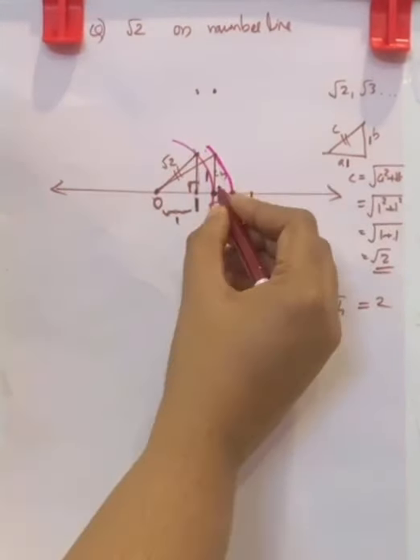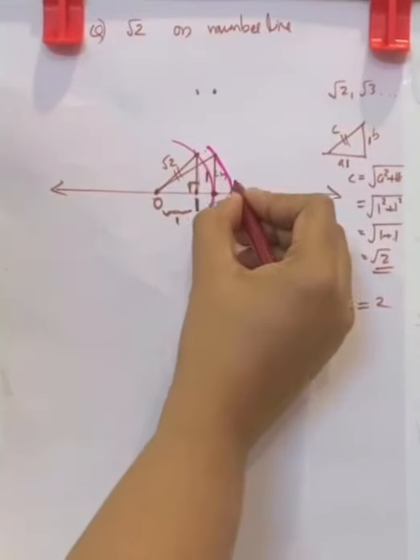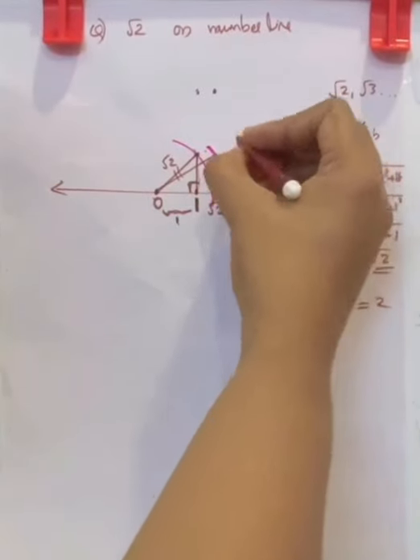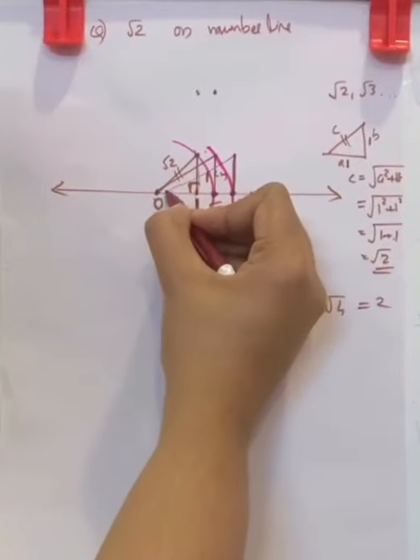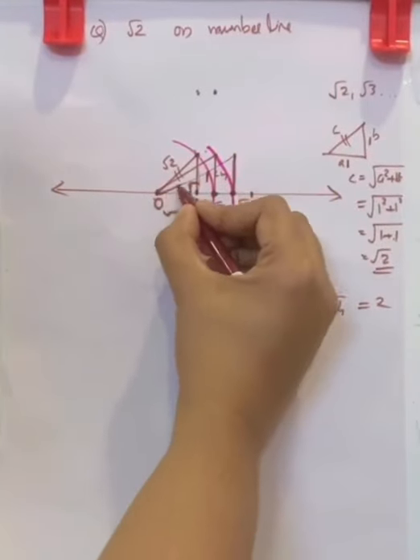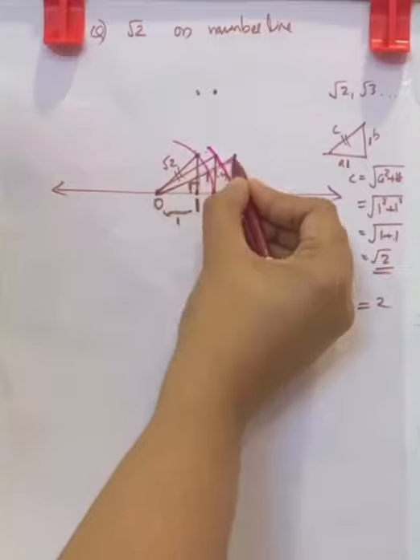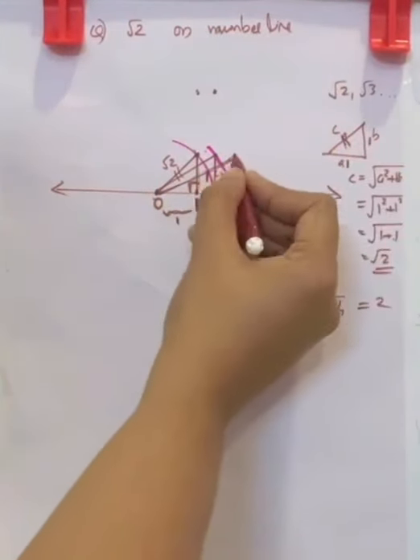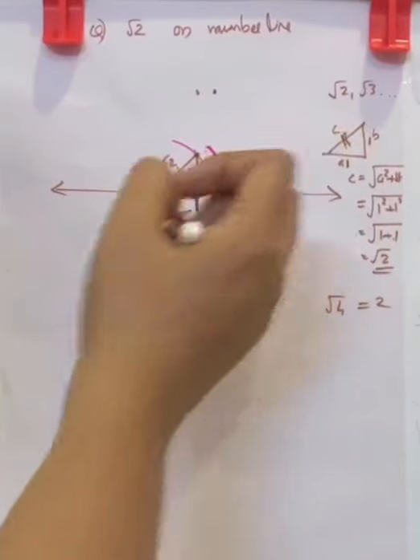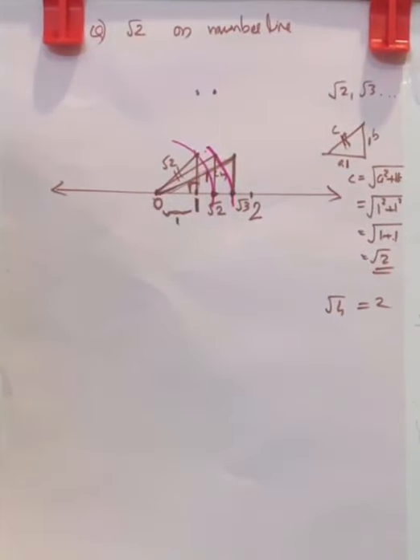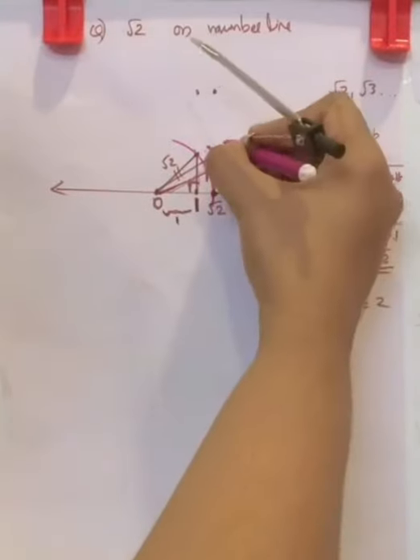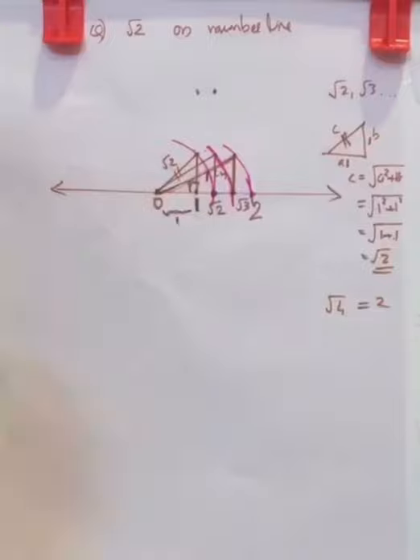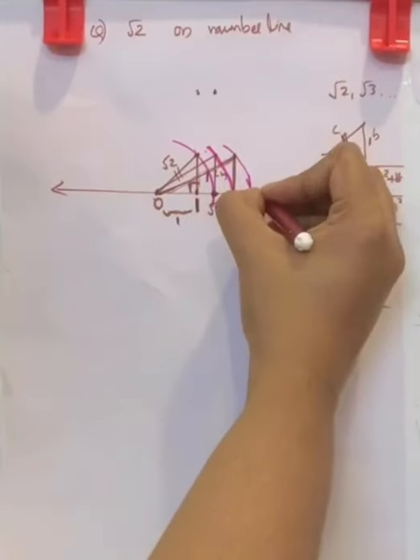Either you can keep the protractor and find the 90 degree from here, draw a 1 unit line here, then join it to the 0. Then take this new hypotenuse as the radius. This is the hypotenuse of the right triangle. So take this new hypotenuse as the radius. Now draw an arc here, and it will be root 4. This is root 4.